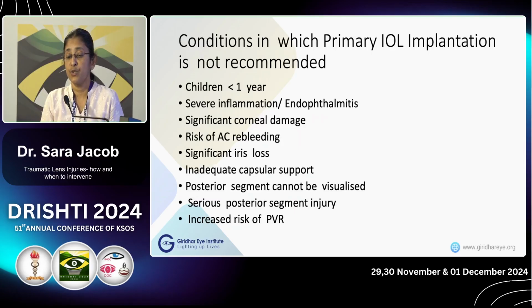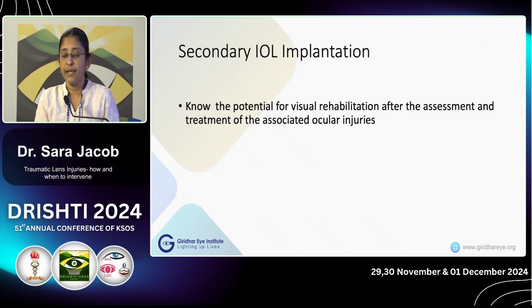Primary IOL implantation is not recommended in children less than 1 year, and where there is severe damage like severe inflammation, endophthalmitis, significant corneal damage, risk of AC rebleeding, inadequate capsular support, serious posterior segment injury, and increased risk of PVR. Secondary IOL implantation is definitely better in the case of serious ocular injuries because we will know the potential for visual rehabilitation after assessment and treatment of the